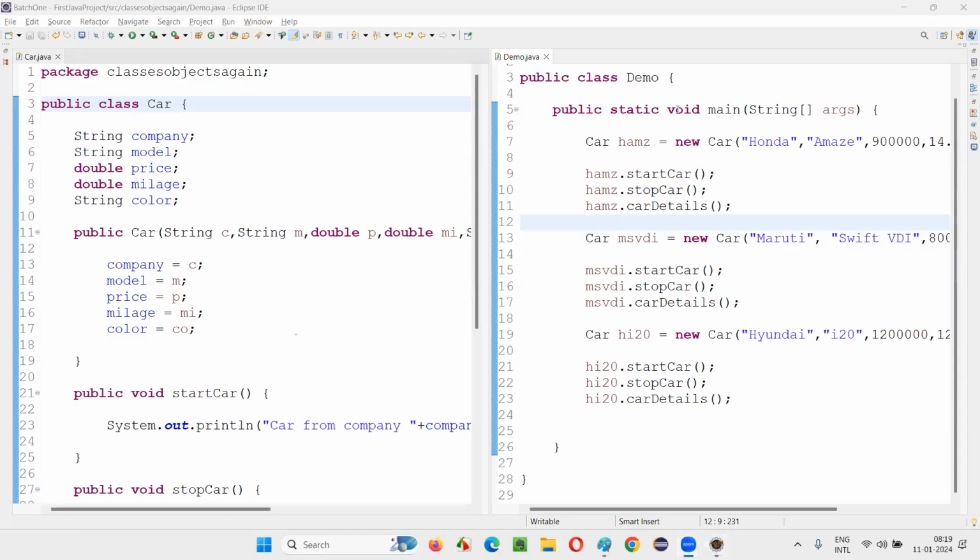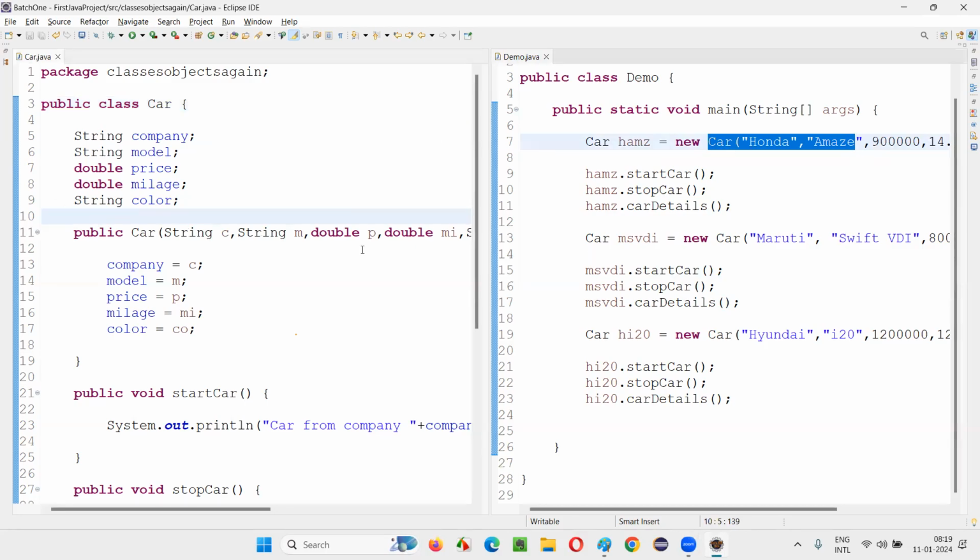One more doubt. The constructor is being used for the object creation also, right? We are calling the constructor. When you are creating the object, automatically you are calling the constructor. You can say like that. And if there is no explicit constructor created, that constructor calling statement will call the hidden empty constructor in Java. Okay, that's the only thing.